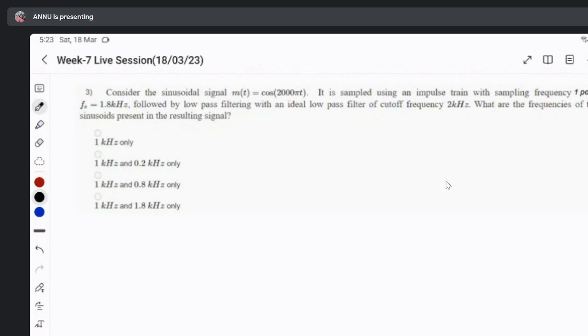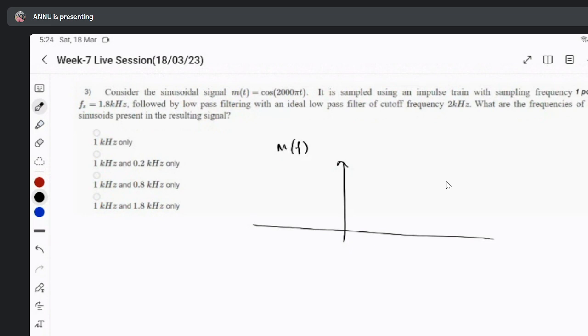Madam, here only I get confused about the notation. The sinusoidal message signal is 1000 Hz, or 1 kilohertz. Okay. So whenever it is FM, we'll have this type of question, we'll draw the spectra. So Fm is 1 kilohertz, and Fs is 1.8 kilohertz, and